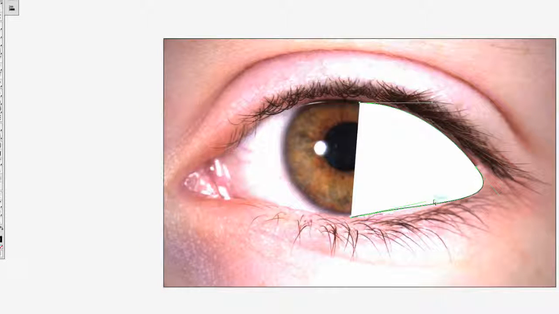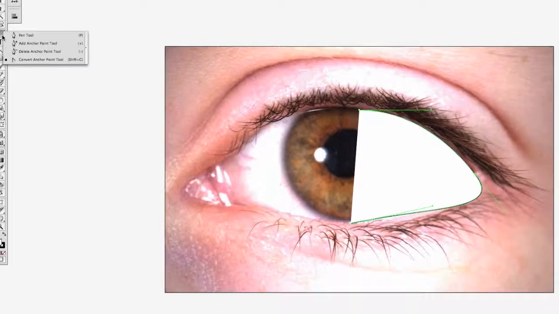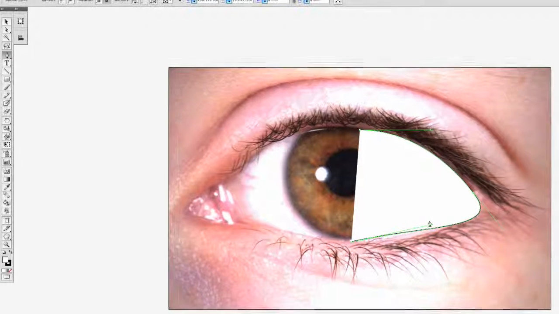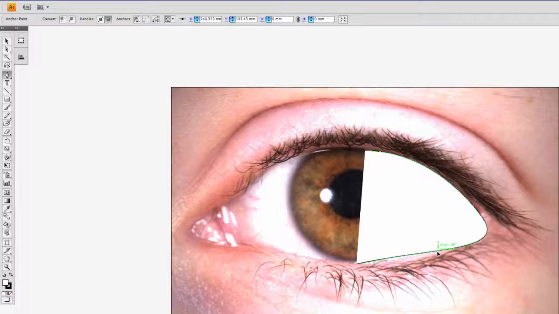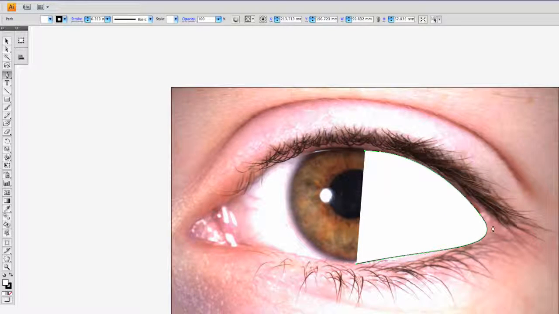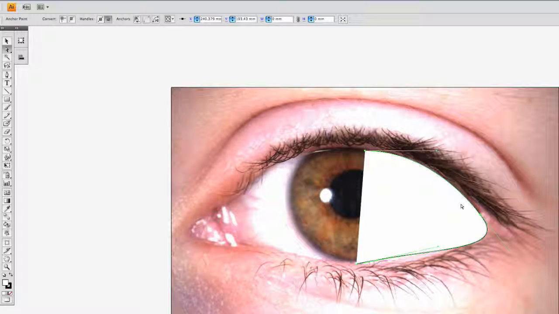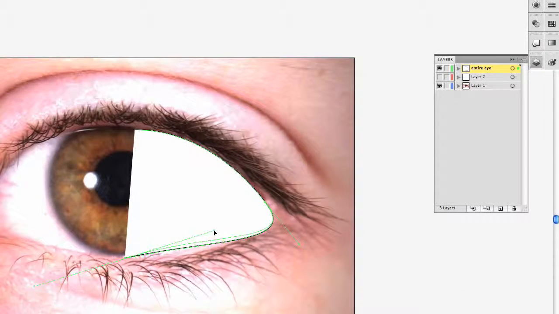Okay, now for the handles. If I want to start using my handles, if I go back to my pen tool, I'm going to go back to my direct selection tool, and I'm going to start moving my handles around. Okay, so what you may want to do